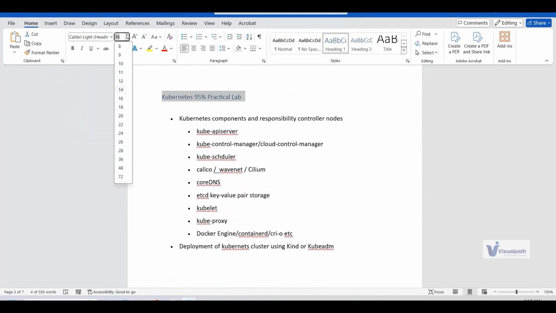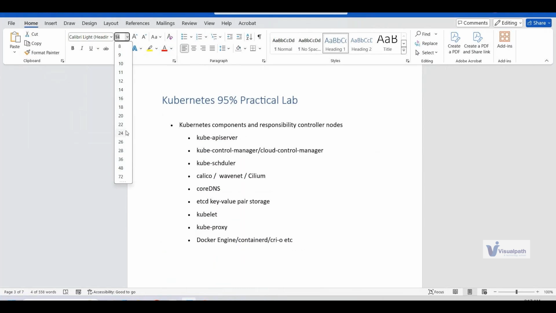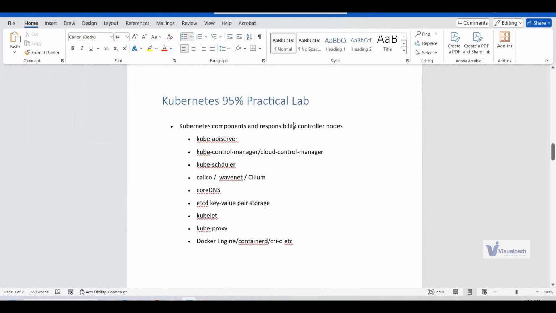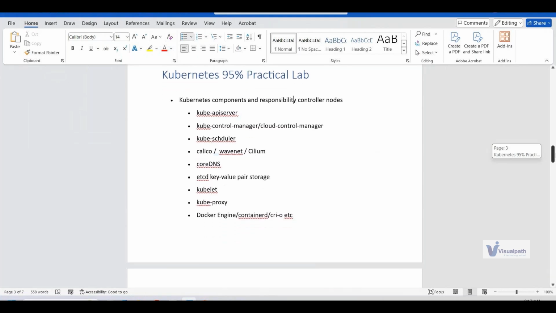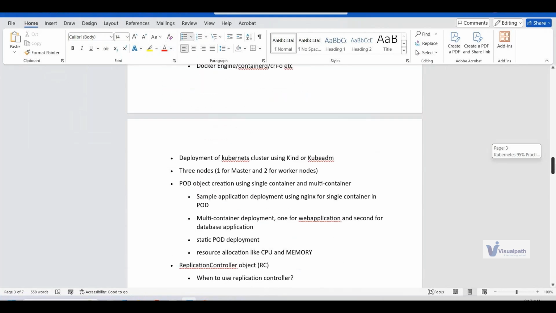This is something very important, and 95% of this course will be practical lab. Theoretical will be there, but very little, as per the requirement only, right? And we will be learning about Kubernetes, what is the architecture of Kubernetes, what all components that Kubernetes has to run your cluster, right? We will be forming a Kubernetes cluster on AWS basically,